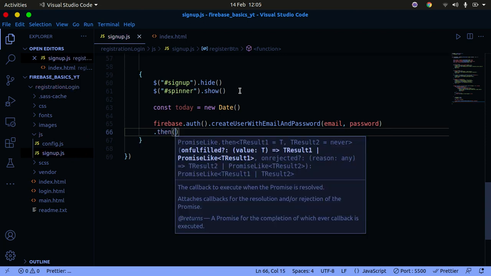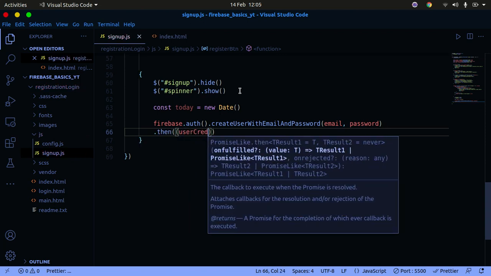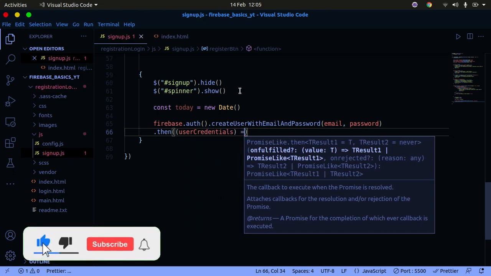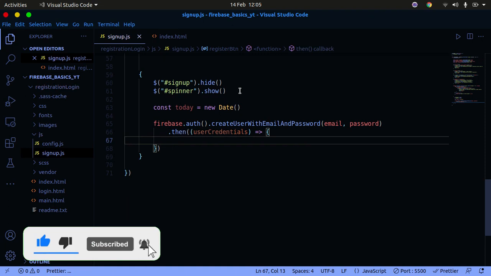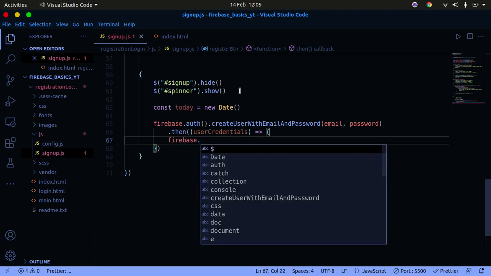It's going to return to us a promise. So we're going to say dot then, and we're going to get user credentials, and then I'm going to have this function right here. It's going to be an arrow function. So we take in the user credentials and store this information into the Firestore. So we're going to say